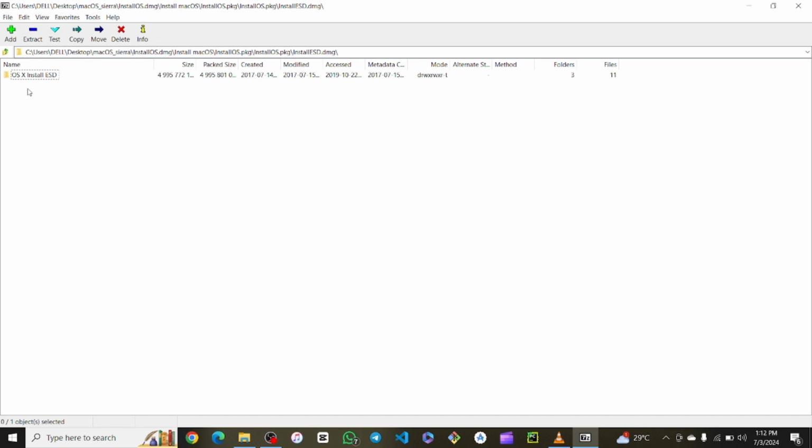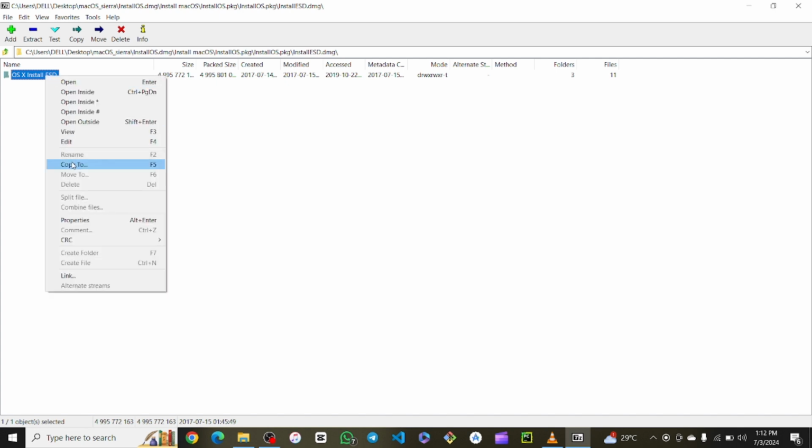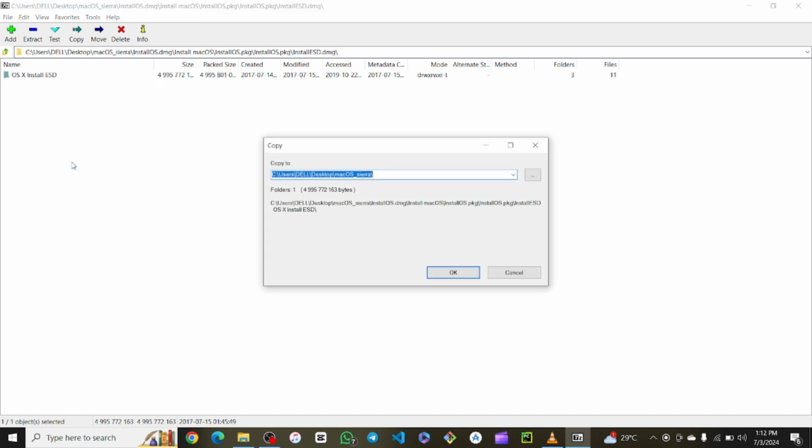So the first data that we need here is OS X, which is OS 10 for X install ESD. So we right click on this and we copy to the same directory or to the same folder where we have the disk image when I downloaded it from the website. So I'll click on this, and of course you can see that I got this on desktop and